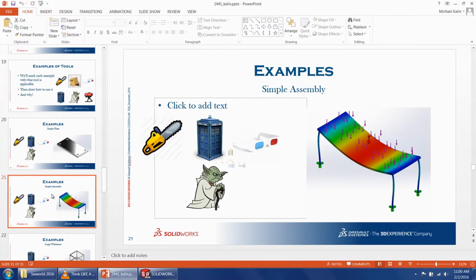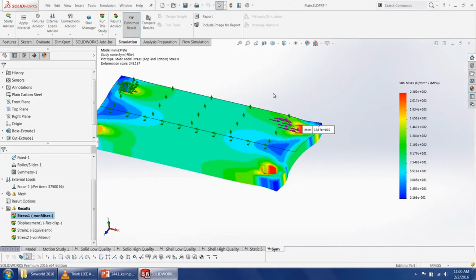Okay. So now let's go to another example, this time using a simple assembly. We're going to use this table assembly, and we're going to again use the chainsaw, the doctor, the reverse 3D glasses, and a Jedi mind trick. Notice it's the same that was used before. So now if I go up here